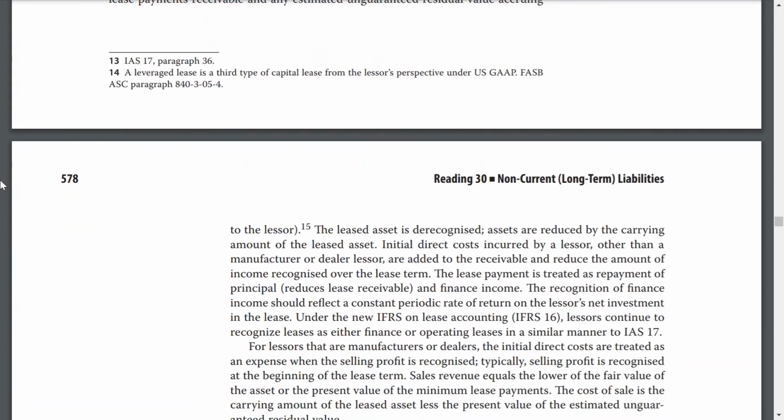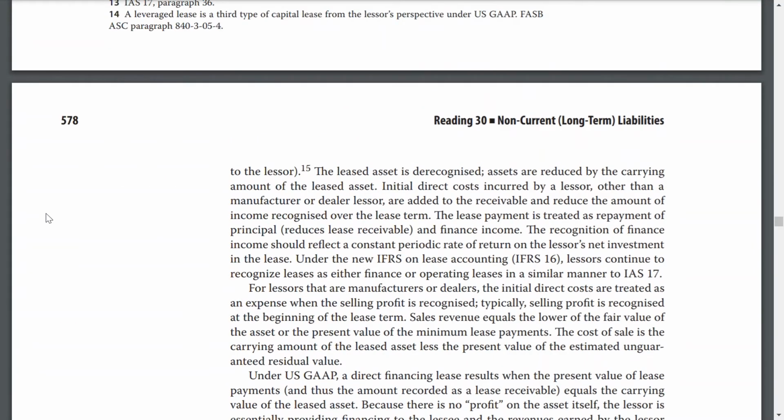The leased asset is derecognized. Assets are reduced by the carrying amount of the leased asset. Initial direct costs incurred by the lessor, other than a manufacturer or dealer lessor, are added to the receivable and reduce the amount of income recognized over the lease term. The lease payments are treated as payments of principal and finance income. The recognition of finance income should reflect a constant periodic rate of return on the lessor's net investment in the